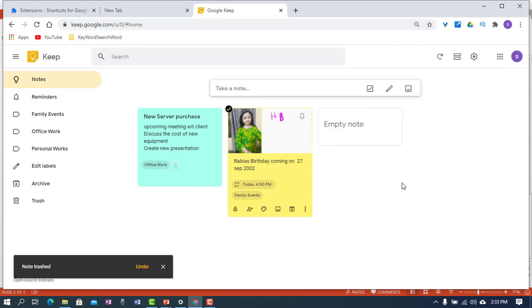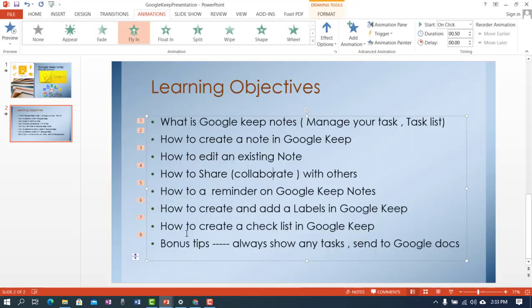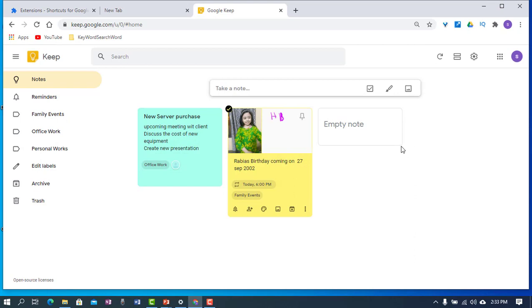Same way, if we like to create a bullet list or a checklist, so we can also create a checklist. For example, if we want to do some special tasks in some sequence, so we need to create a checklist. For example, if we want to cook some food, so we need to follow some steps. For this we need to create a checklist. For creating a checklist, just move on this, take a note and don't click on this, and move towards this icon which is called new list, and just click on it.